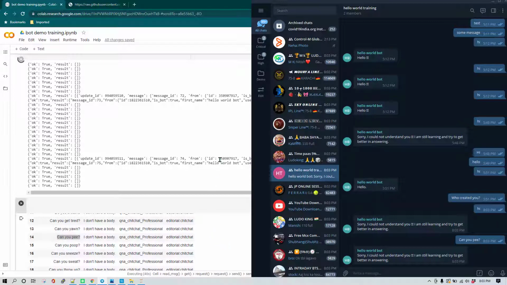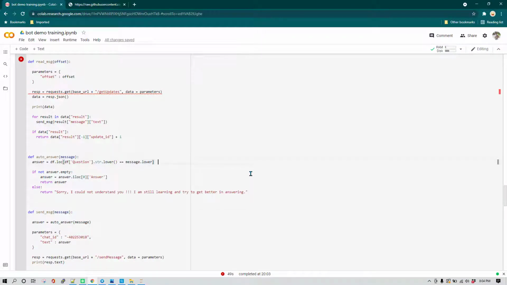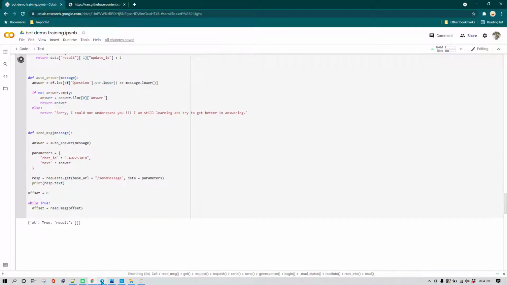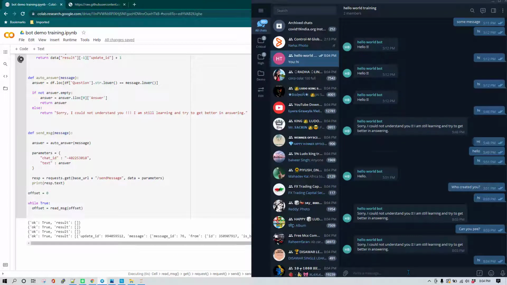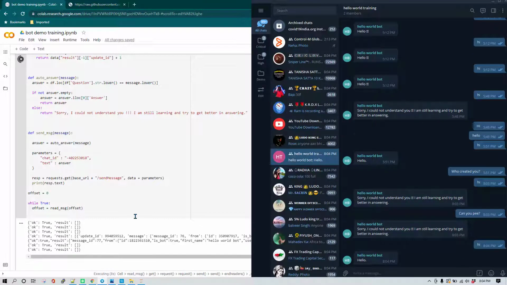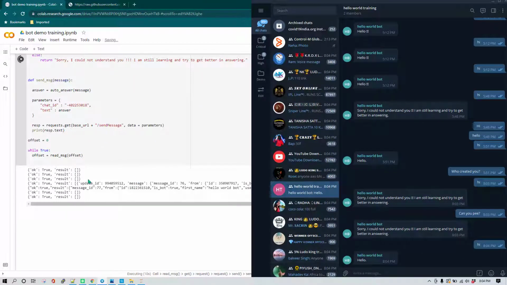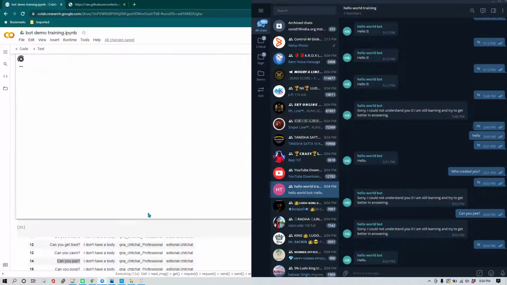Okay, so there seems to be something wrong. Let me just have a quick check. Okay, so I think here this is supposed to be a function, and I had not put parentheses here. So now I have put parentheses, and this time it should be okay. So I'm just going to execute it again, and let's go ahead and type hi again and see if we receive the answer this time. Okay, so this time we can see we have received hello from this chatbot.